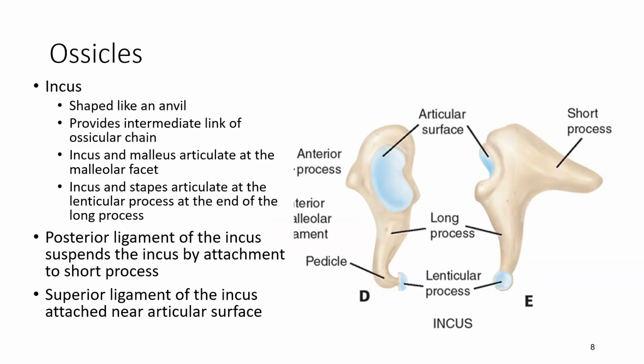The incus gets its name, I guess, because it's shaped like an anvil. Don't really know what an anvil looks like, but there you go. This provides an intermediate link in this ossicular chain. The incus and the malleus articulate on the incus at the malleolar facet. The incus and the stapes, the next bone, articulate at the lenticular process, which is at the end of the